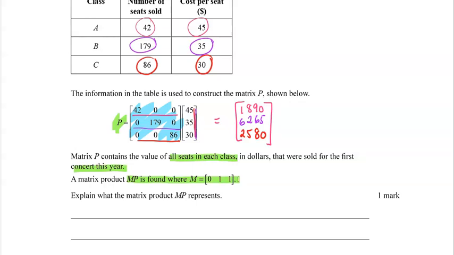Now that looks very much like a summing matrix because it's a single row. However, the difference here, which we normally don't see, is there is a 0 in that first element in row 1, column 1. So when we actually do M times P, we are going to get a sum of this P matrix that we've evaluated above. We're going to do 0 times the A class, plus 1 times the B class, plus 1 times the C class. So what we're actually getting there is